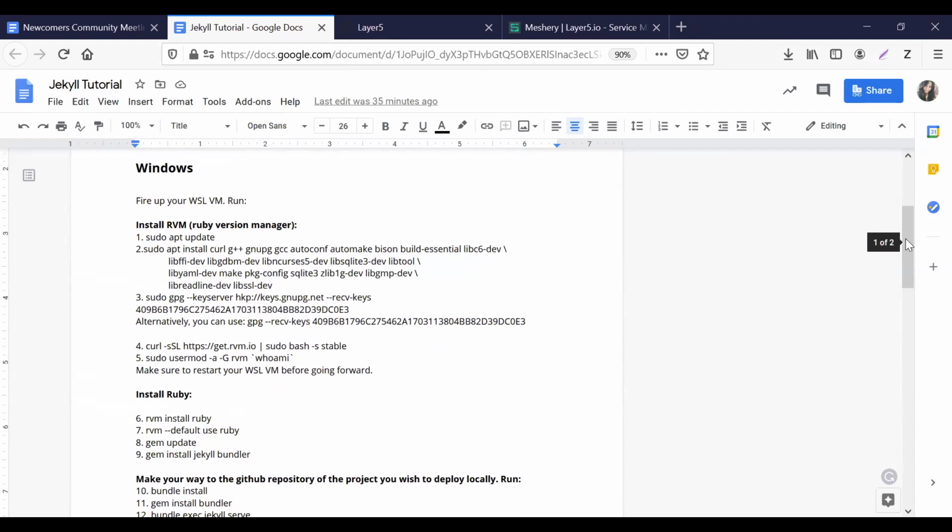Jekyll works on a Ruby environment, and to install Ruby, you can go in a couple of directions. I'll personally recommend RVM because it's a version manager and allows you to have different versions of Ruby installed at the same time without going through a long process of installing, uninstalling, and reinstalling certain versions.